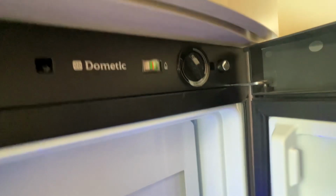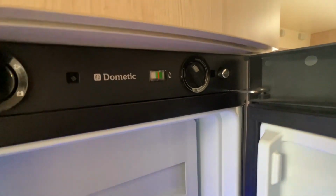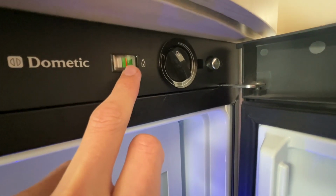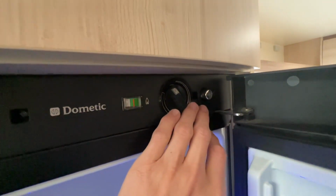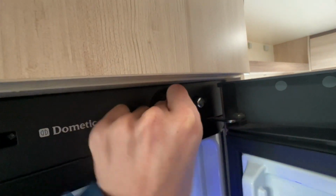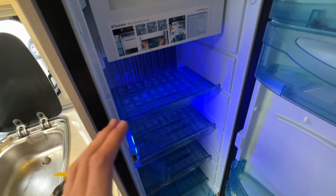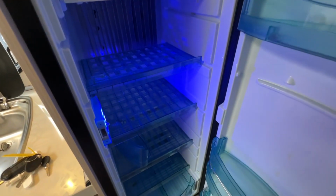After a few attempts, because we've had to bring the gas through the lines, we've now got the fridge working. So you can see that the orange band's in the green, which means it's operating on gas, which you'd use if you were wild camping. Always when pre-chilling, have the temperature on full, but then as soon as you put your shopping in, turn it down, because sometimes on full it can freeze your food in the fridge. We've also got a freezer box, and then when not using the fridge,